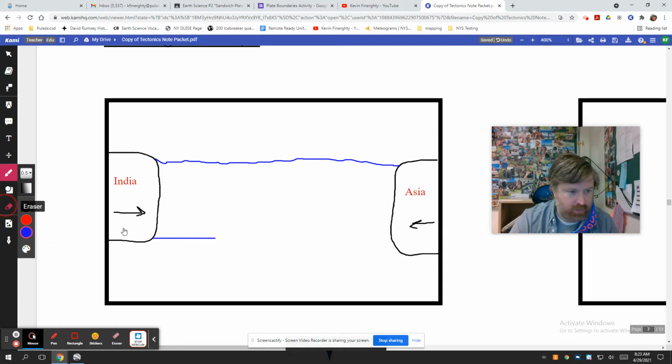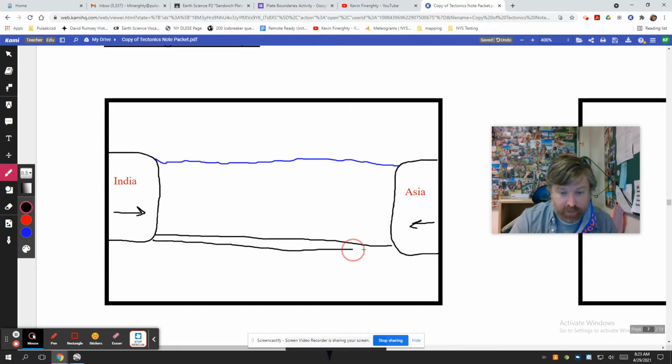You guys probably aren't as concerned about my color coding as I am, but nonetheless, there probably would have been ocean floor between them. And if you're really clever, you might be saying this drawing is kind of quick and dirty. Hey, shouldn't some of this subduction zone be happening here? Absolutely, it was happening. So subduction would have been taking place. We would have had something that looks similar to today's Andes Mountains already developing over here. But that's not the story we need for now.